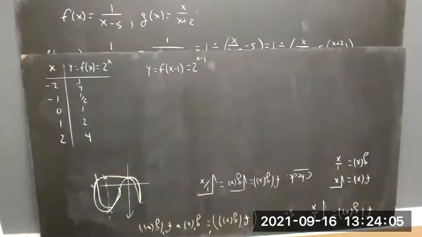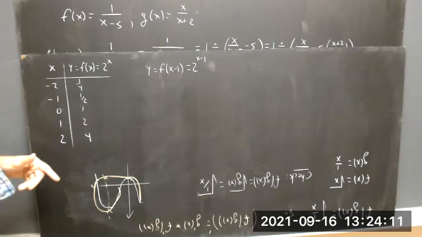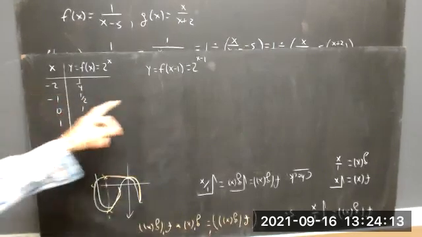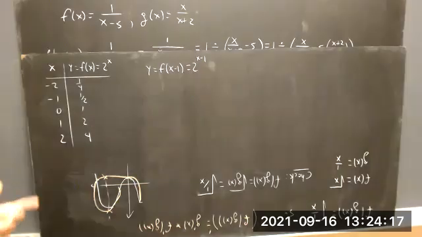Now, our x values aren't changing. x is still -2, -1, 0, 1, 2. We're going to have to plug these x values into this formula. Okay. And we can do that directly, but